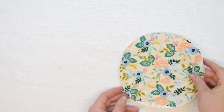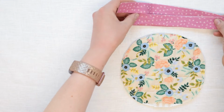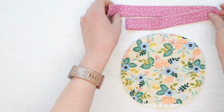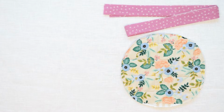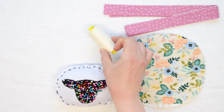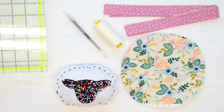In this tutorial, you'll learn how to finish a quilt with a beautiful contrasting binding. Let's start with the supplies you'll need. First, a quilt that needs binding, or in my case, a hot pad, quilt binding, and if you're making your own, I recommend a strip of fabric 2.25 inches wide, folded in half lengthwise with wrong sides together. You'll need your sewing pins, matching thread, a fabric marker or tailor's chalk, a quilting ruler, and of course your